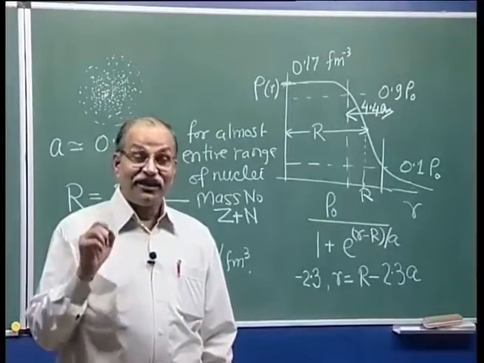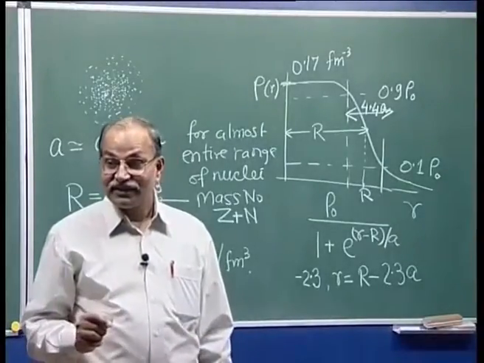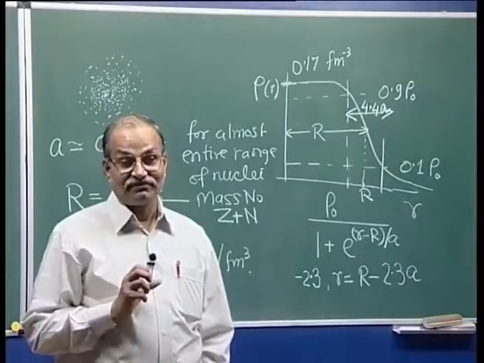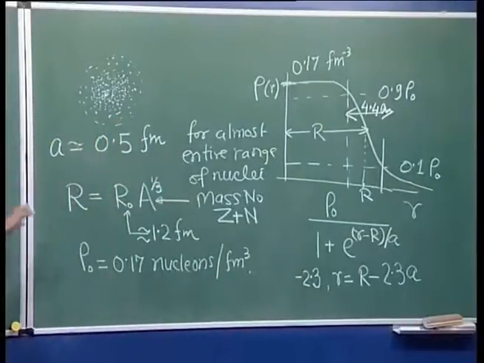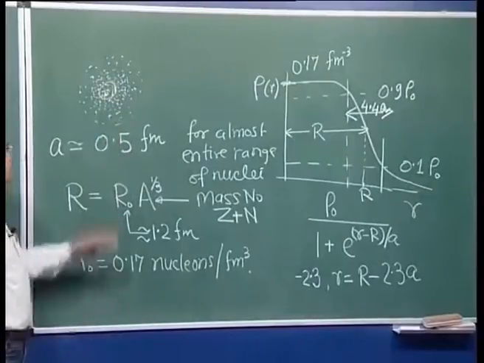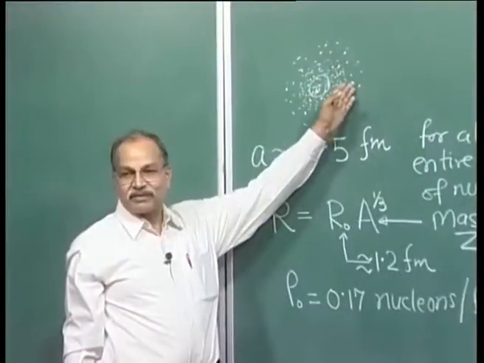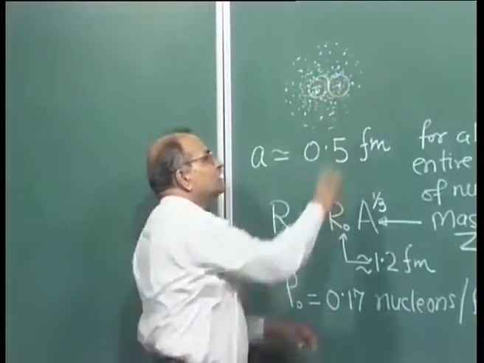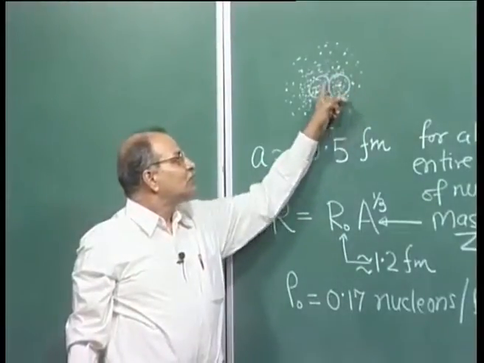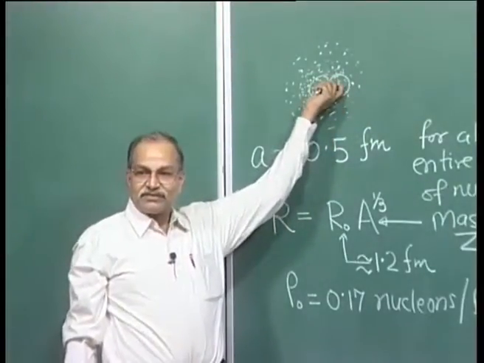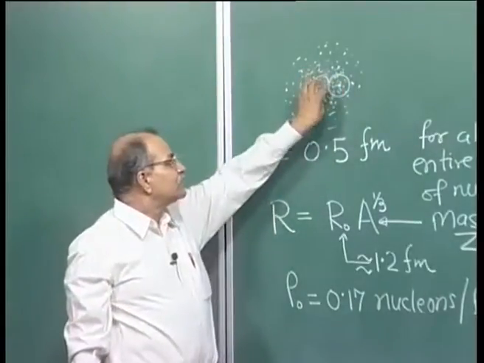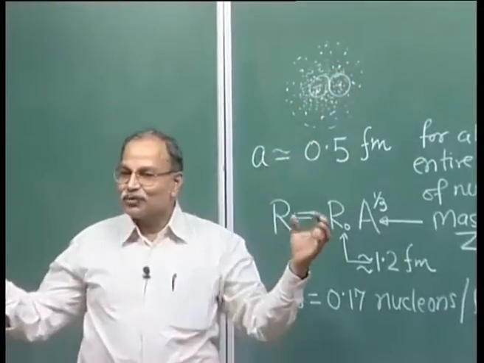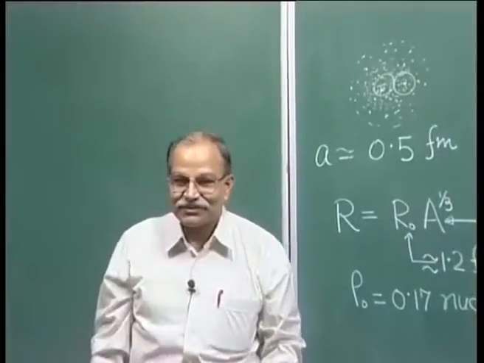This has a very important physics behind it, and that physics is that nuclear forces are short ranged, this part here does not have much influence on this part here. So, it is not that the entire thing is getting attracted towards the center, this is being attracted by only these nucleons, it is short range. So, because of that short range, whether it is here or here or here, you do not have too much crowding at the center, right.